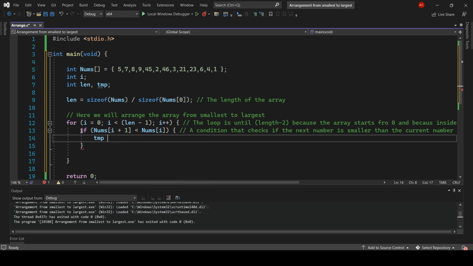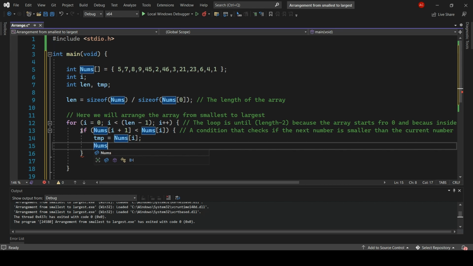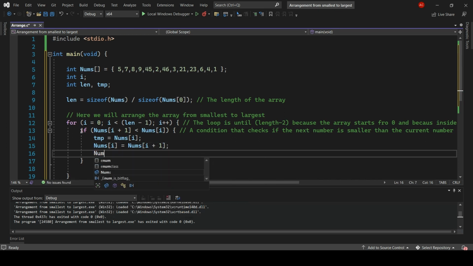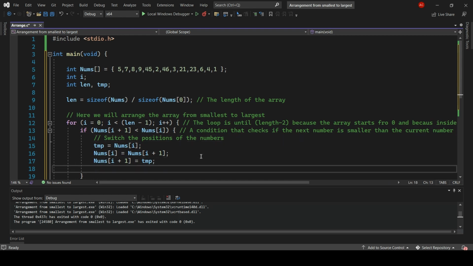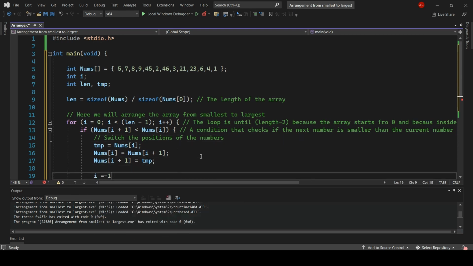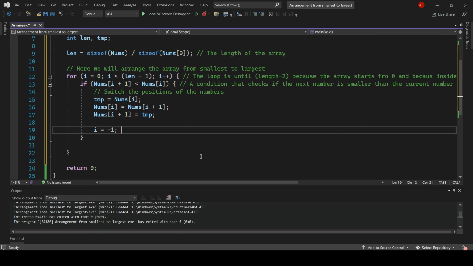If the condition is met, we will switch the positions of the numbers. After we have changed, we will want to return to the beginning of the array and perform the tests again.